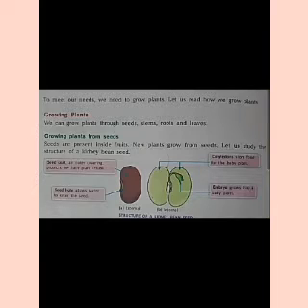Now children, we have seen that we are getting a variety of things from plants. So how can we give our contribution to it? Yes, obviously by growing more and more plants. So now let's see what are the different ways to grow plants. Children, we can grow plants using the seeds, stems, roots as well as leaves. We will discuss about it later on. So first of all, let's discuss the structure of a seed.